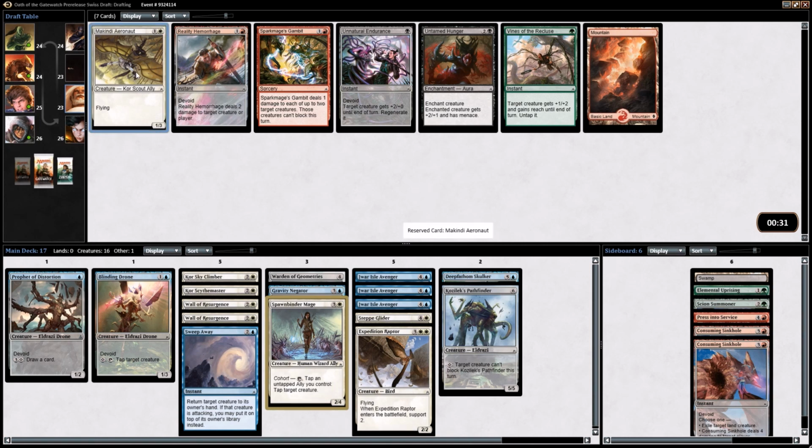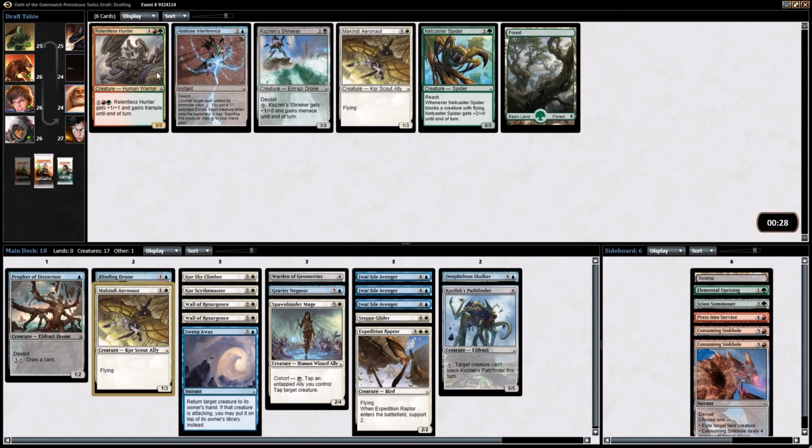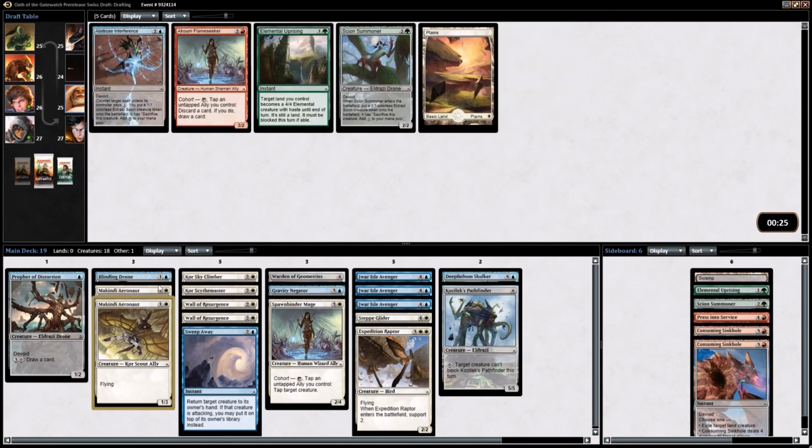I'm going to take the Makindi Aeronaut here. It's not exciting, but it is a flyer, and it's a 1/3. We do have ways of getting support, so we can make our guys a little bit bigger. Once again, I'm going to take the Aeronaut. Oh, come on, give me...